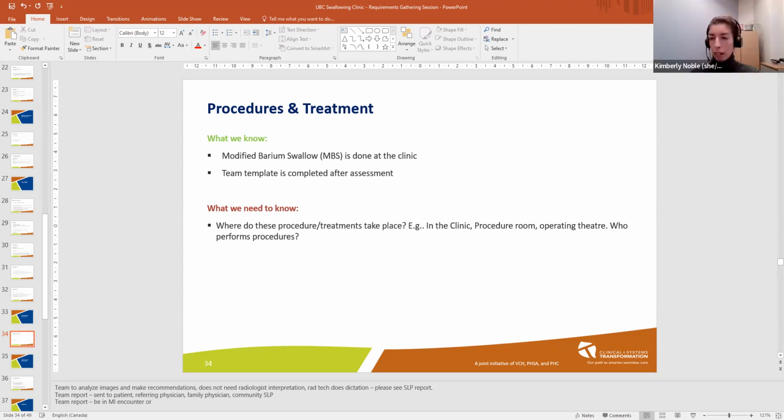I know the practice lead at Lionsgate has told me that they were scanning and sending the SLP report so that it would be attached to the radiology encounter, or they were trying to cross post things so they were easily visible in PACS. So if somebody looked at the imaging, said, oh, this patient had an MBS, and then your report would be there as well. In Care Connect for sure. I'm not sure about PACS.